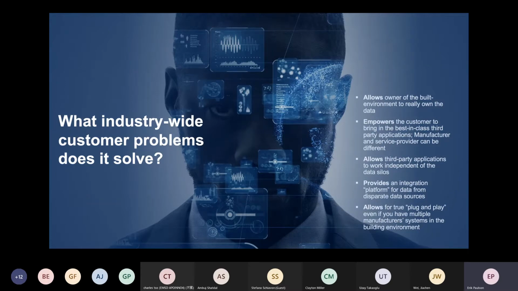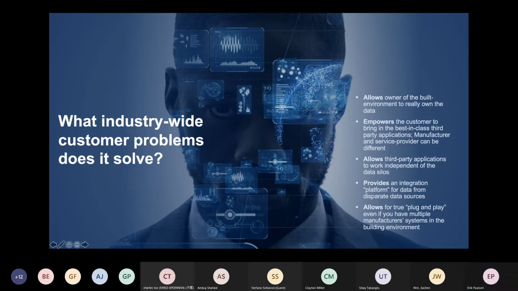Of course, it's also designed similarly, just like it allows the owner to go out and be able to integrate different applications. We want to have Brick enable third-party applications to be able to come in and talk to these different data silos. So it's a way for application developers to write tools and applications and analytics that can interact with a building without having to do a lot of rework in onboarding configuration every time they come to a new building. And it provides a spot, and we say platform, but it's a little more virtual than that, a way to integrate the data from these different systems.